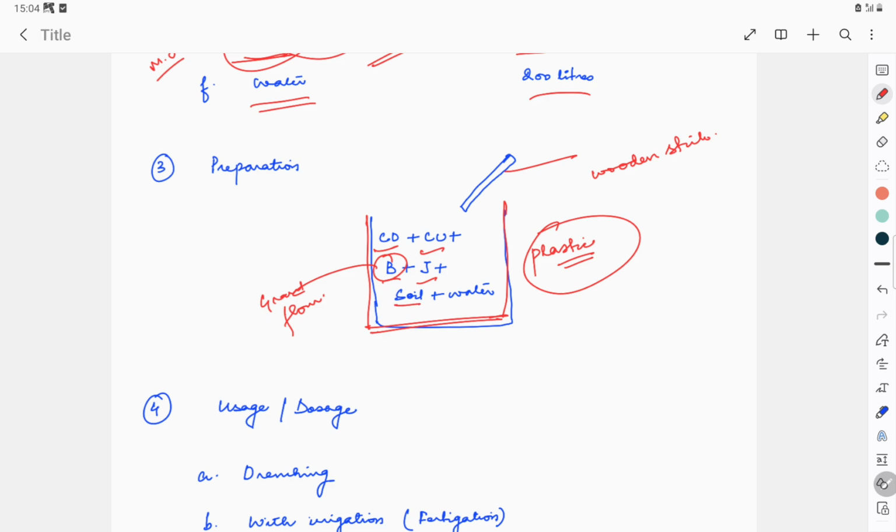Gram flour, a handful of soil, and water: we have to mix all of these together. Then we have to stir it in the morning and in the evening. I won't say it's a myth, but mostly it's written that you have to stir clockwise 3 times and anti-clockwise 3 times. I don't find any scientific reason why we do this, but anyhow you have to stir it